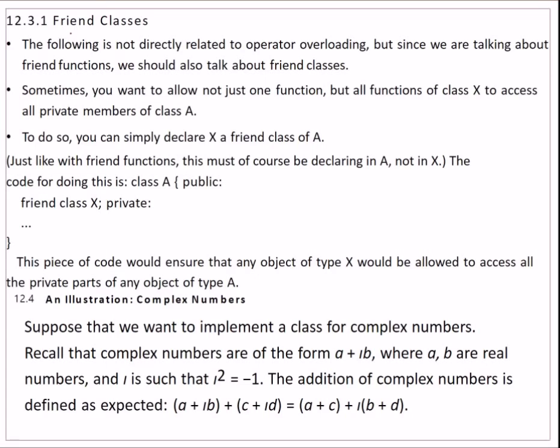But to complete our discussion, because this is not a discussion of operator overloading either, friend classes are those classes where, if you want all the functions of a class to be able to use any private data variable of another class, you can do just like this. Like class A, inside it you have public friend class X. So all the members of X will be able to access all the members of A. This is what friend classes are all about.